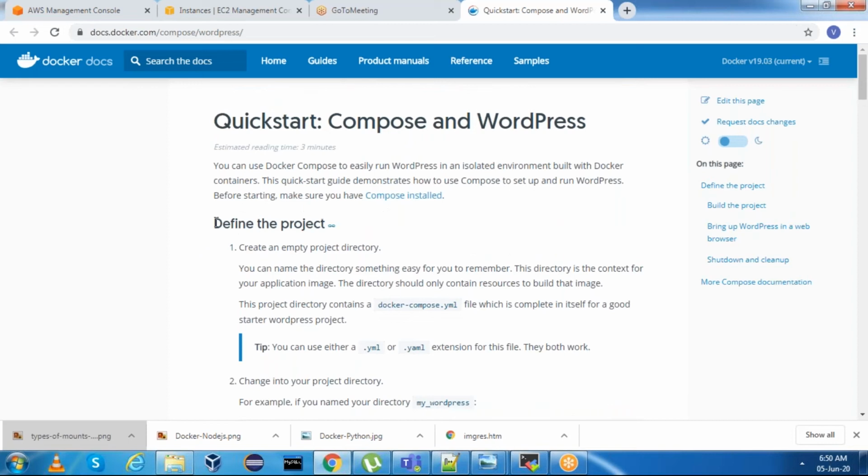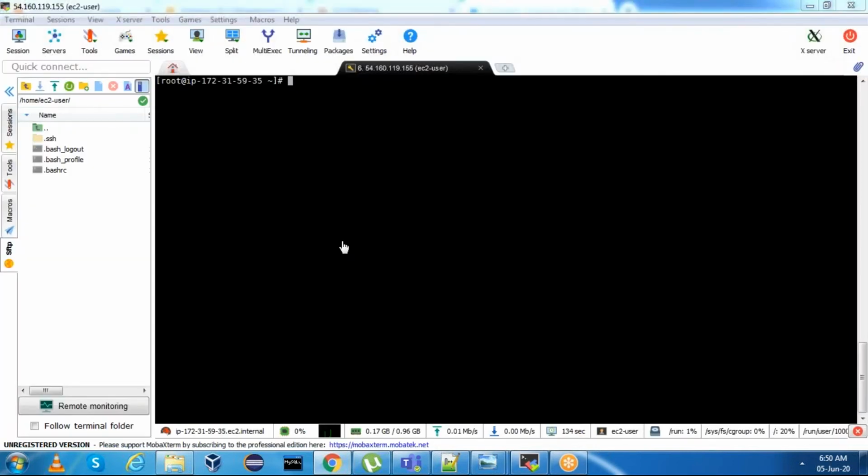First, what we need to do is define the project. You can create an empty project directory, anything. You can define mkdir docker-wordpress.